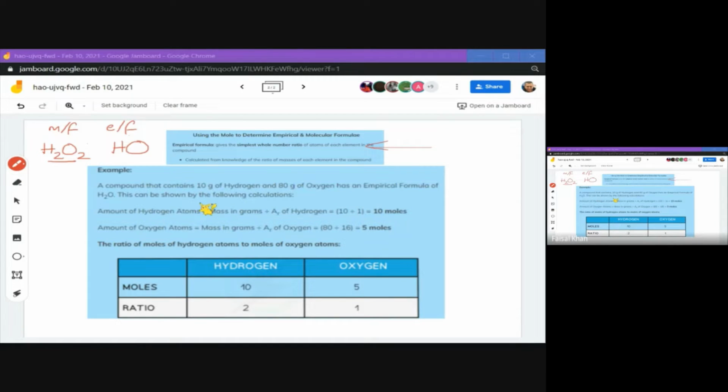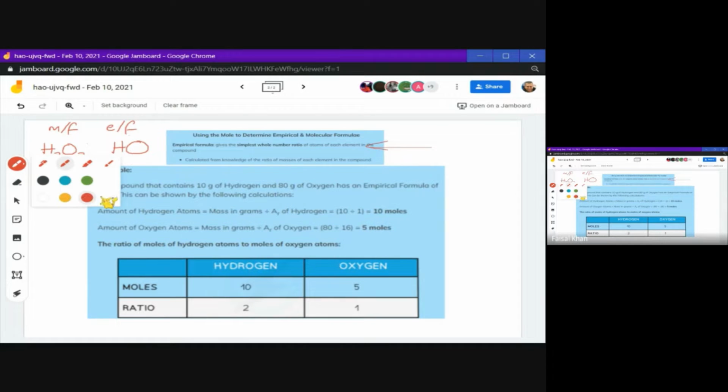Okay, so here's an example, right? A compound that contains 10 grams of hydrogen. Now, immediately you can look at that and you can think, right, 10 grams of hydrogen, all right, how many moles of hydrogen is that? Bearing in mind the relative atomic mass of hydrogen is 1. How many moles is 10 grams? Okay, so all you would need to do is then think, right, okay, 1 goes into 10 times, so I have 10 moles. The formal way of calculating that is mass in grams divided by